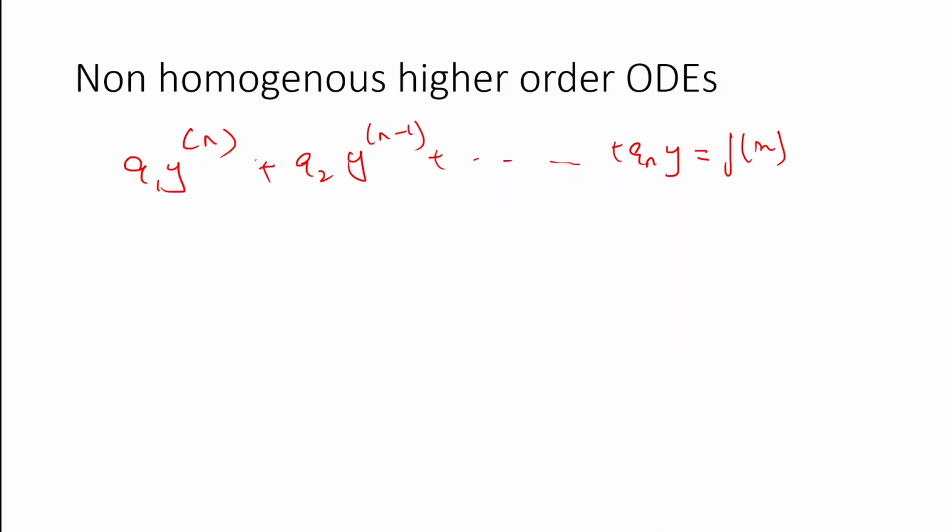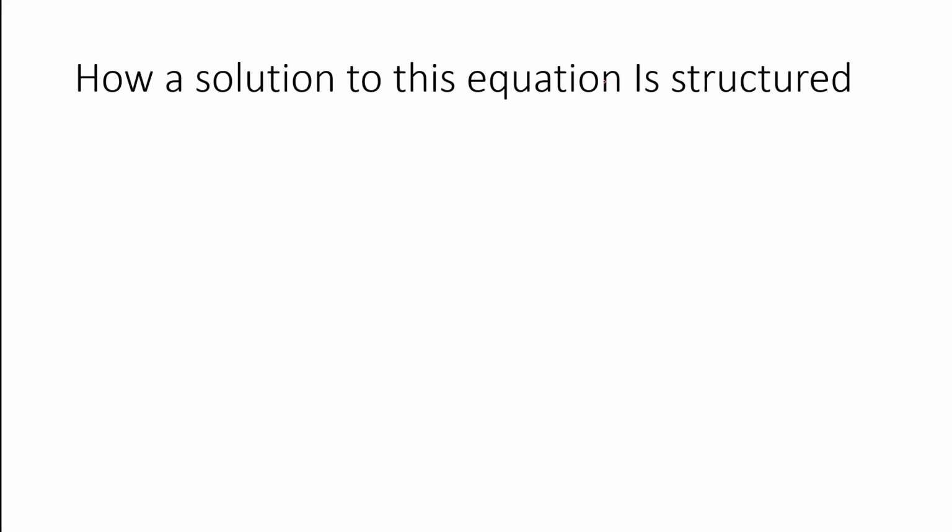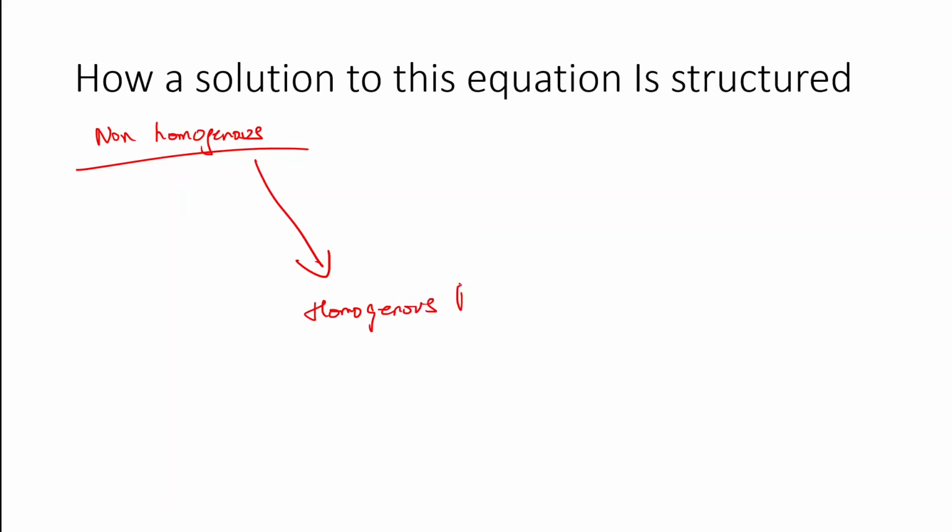But the question arises now, we can solve a homogeneous form of these things, but how to solve the non-homogeneous form when this is not 0? So that is the main question which comes, and we look into this question, how the solution to this equation is dealt with. So there are two parts to a non-homogeneous solution. First there is the homogeneous part. What does a homogeneous part mean? Means if we consider that equation equal to some f of x, and if we neglected f of x, said the f of x doesn't exist and it is 0 instead, then we get some solution, right? We are able to solve it.